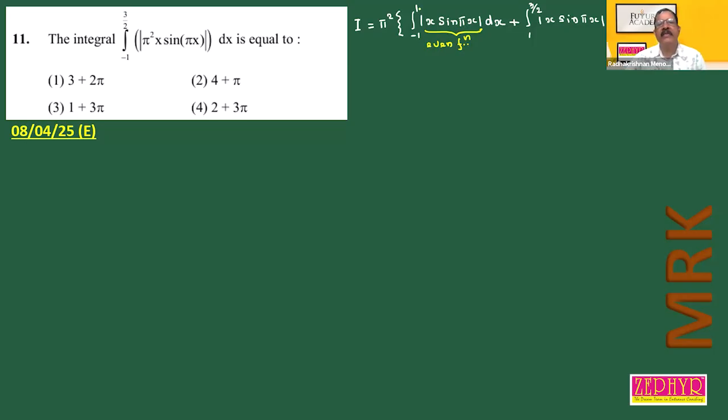X varies from -1 to 1. So modulus x sine pi x is x sine pi x only. So it is an even function. So this we can write as